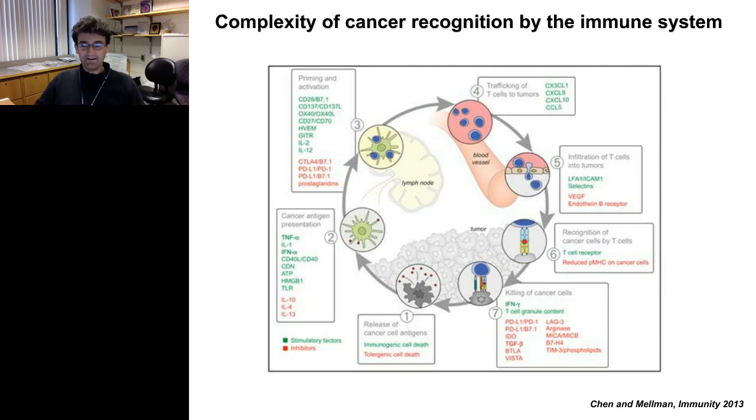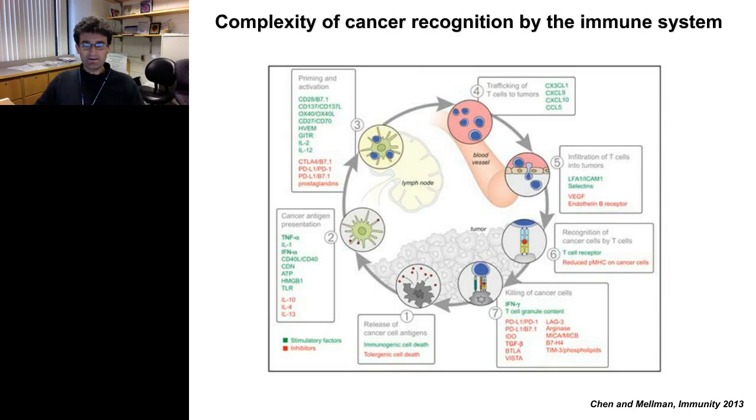And finally, if everything goes fine, there is the last step, that is the killing process, which is the ultimate goal of the immune system against cancer. So you see, it's a very long process that requires a lot of components, and you see highlighted in green and in red a lot of factors that can affect this process,